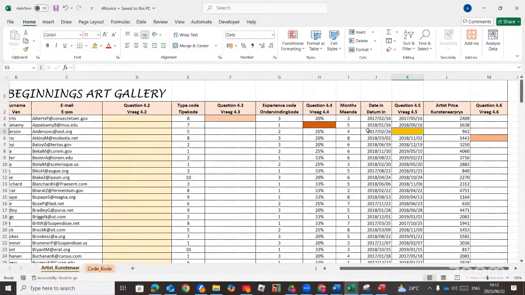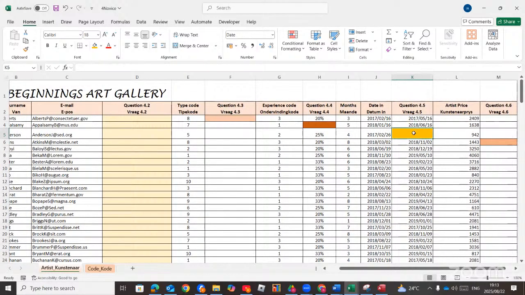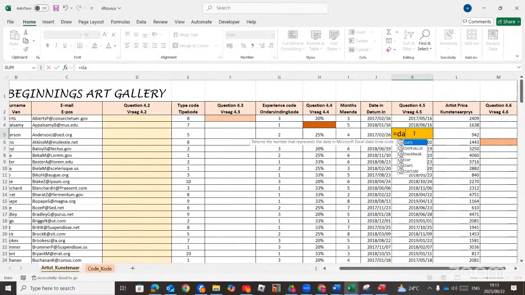Now, as you can see here, the date in was 16th of February 2017. Then if there are 3 months, it's going to be 16th of May 2017. That means that's the date after. And then the number of months are given to you over there. So because of this, we have to make use of what we call the date calculation. So it's going to be equal sign date,